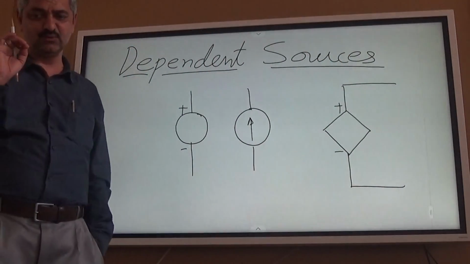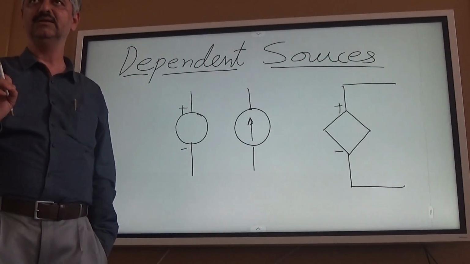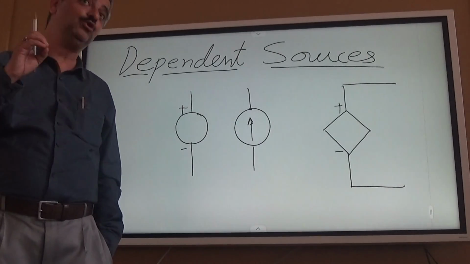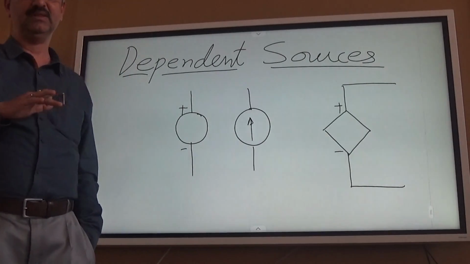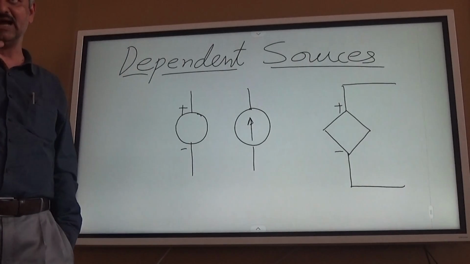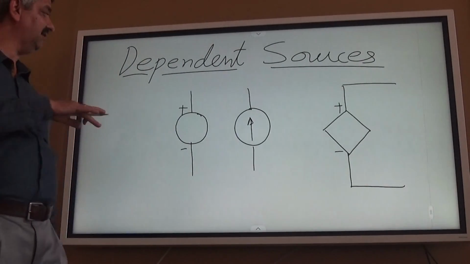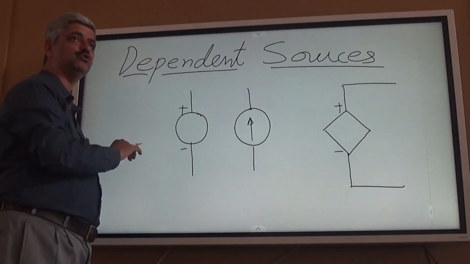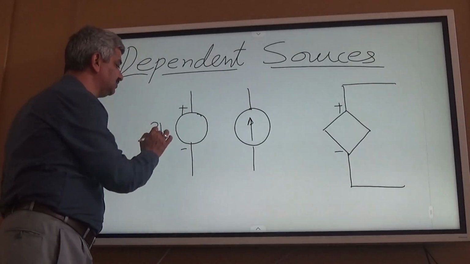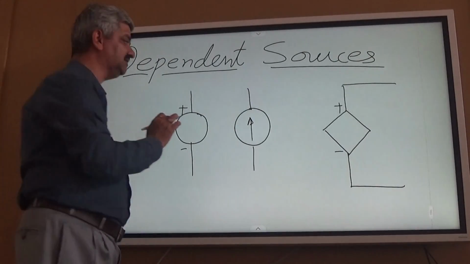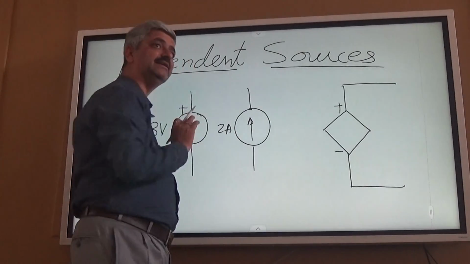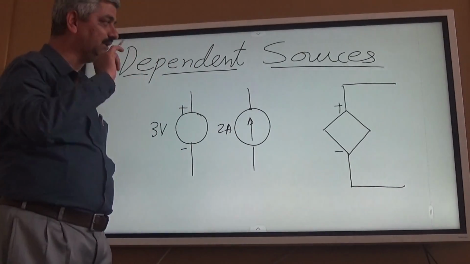So dependent voltage source is actually output of an amplifier. Dependent voltage source is output of an amplifier, and in the constant voltage source what we write? Say 3 volts. For a constant current source we write say 2 amperes, right? Whereas for a dependent voltage source,